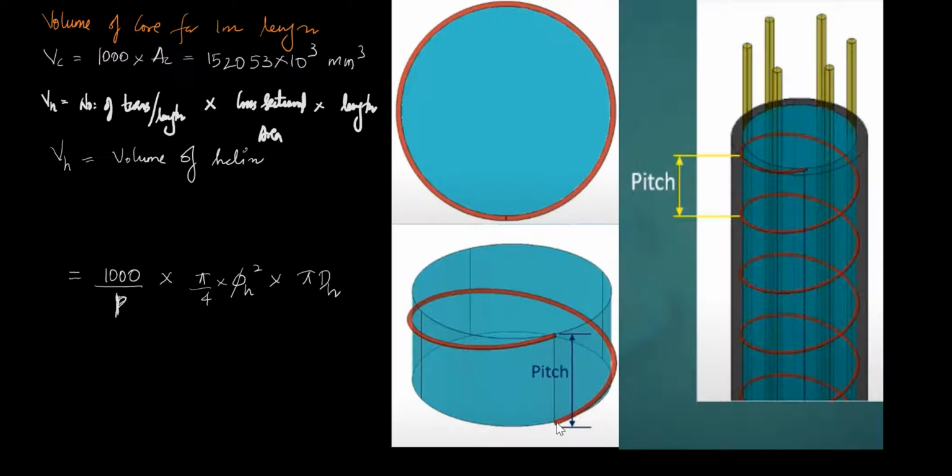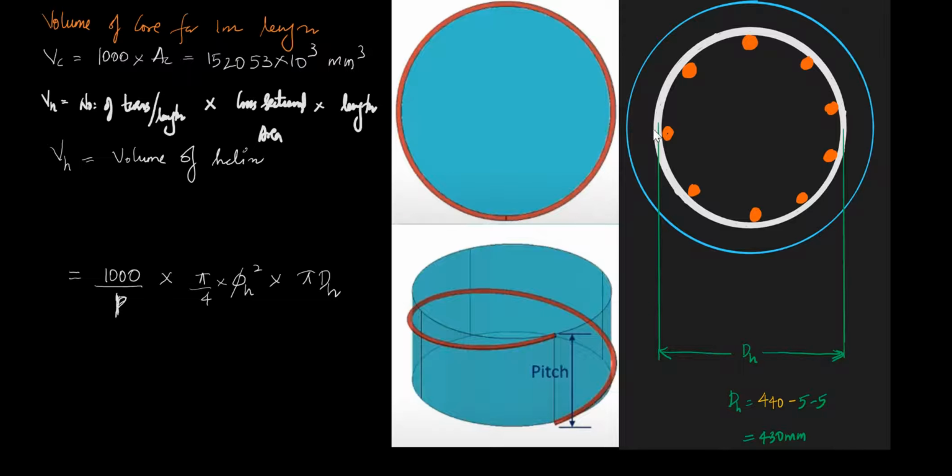That is, if I am taking this, this is having diameter 5h. This helical reinforcement is having diameter 5h. So pi by 4 into 5h square will give you the cross-sectional area, into the length. I am approximating this length to a circular thing. There will be a slight difference, but still I am approximating it as circular. That is pi into dh, where dh is the distance from here to here.